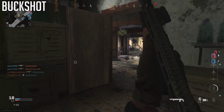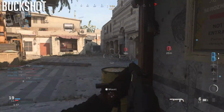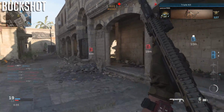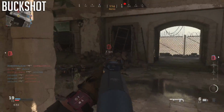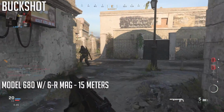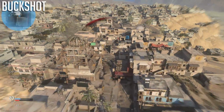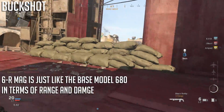I tested it many times and I kept getting 15 despite 14 being the usual range a month ago, so I feel that some tuning may have been done here secretly. It's a good thing though. Anyway, 15 meters for the base 680, and 15 meters is also the one-shot kill range that you get with the 6-round magazine as well. If you want to think of it simply, the 6-round mag basically functions as the same base 680 in terms